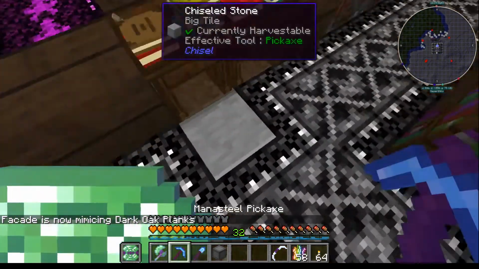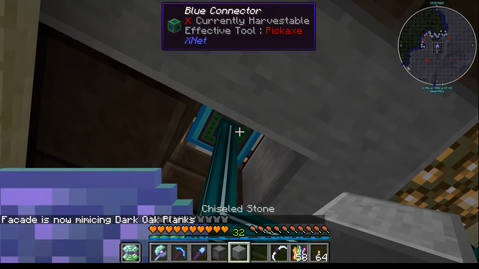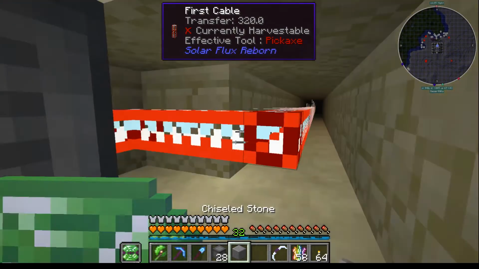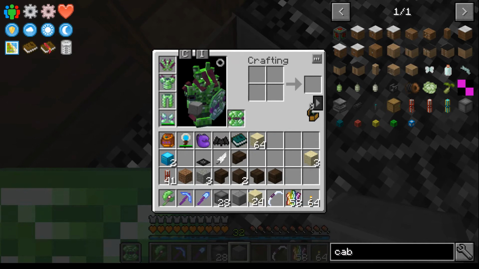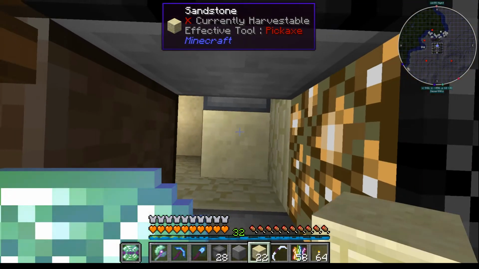Yeah, and we'll take this back out. Bonk. And we shall come in here and go, no. There. And then this, that should all be done. Excellent. We have got a functioning automatic disenchanting system,